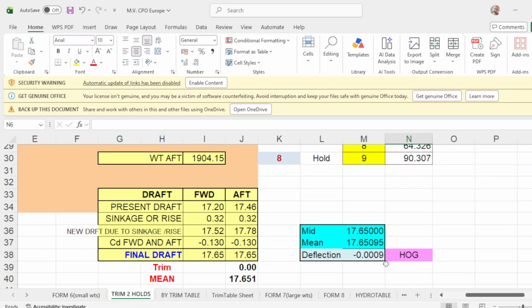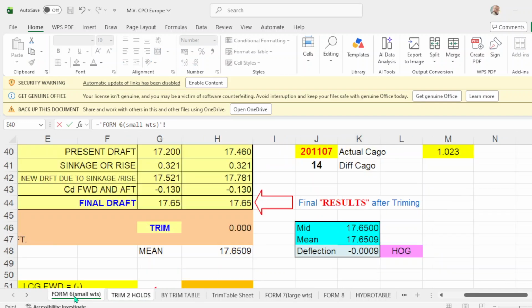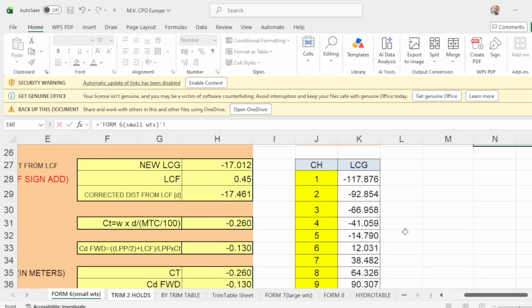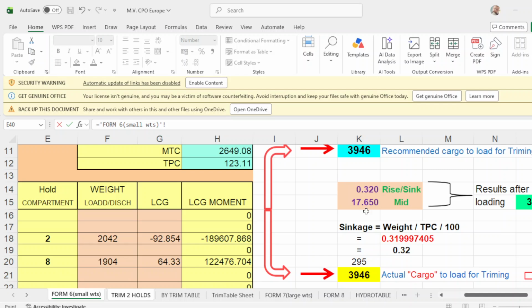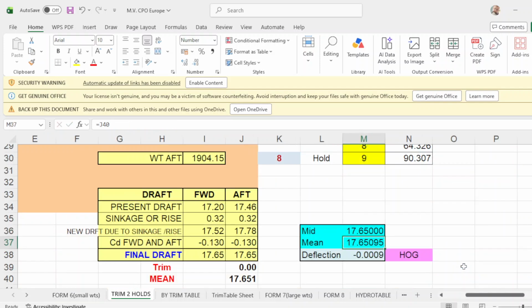Likewise in trim holds 2, you click the mid drop, equals, you go to form 6, click the mid drop, which is this one, because you have loaded 3,496, enter, and your main drop equals, and your main drop this one. So you have a 0 deflection.